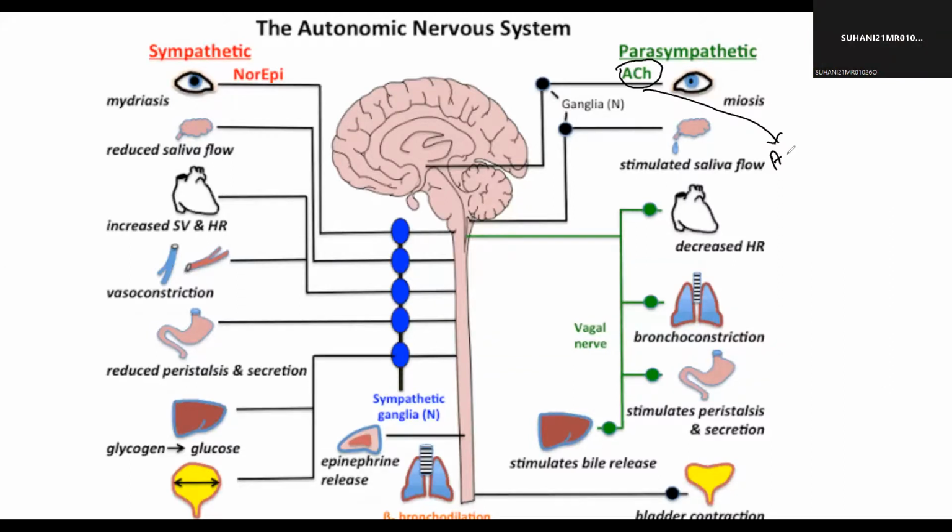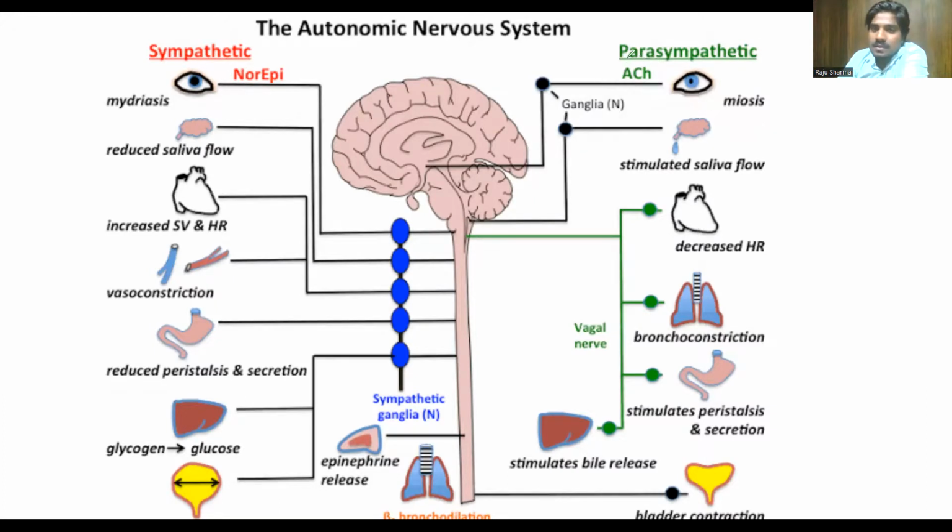Acetylcholine, exactly. This acetylcholine is a neurotransmitter which is active during the parasympathetic nervous system. Never confuse ACH with norepinephrine. Epinephrine, norepinephrine, or adrenaline, noradrenaline are activated during the sympathetic nervous system, and this ACH is activated during the